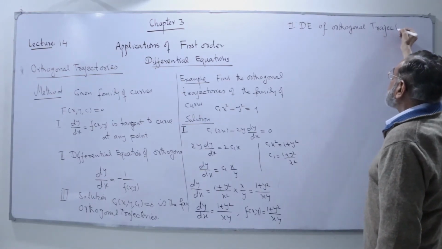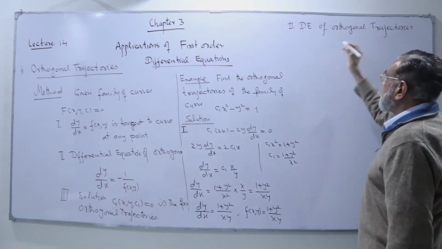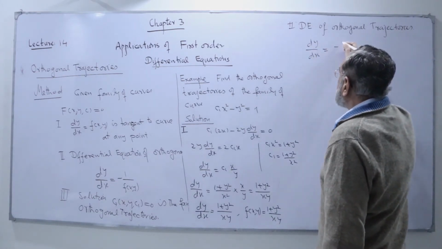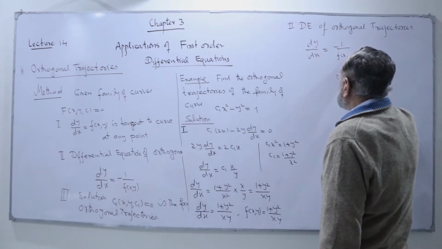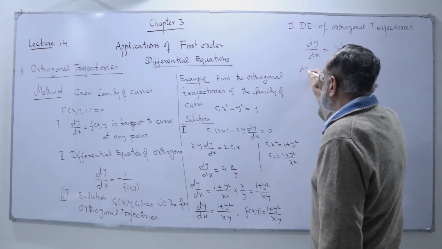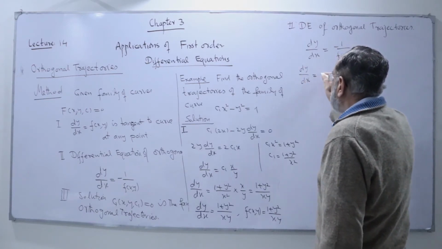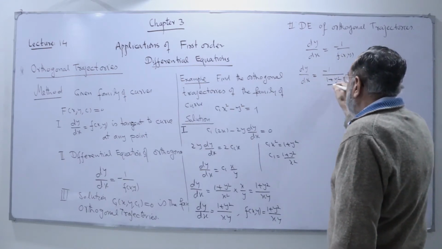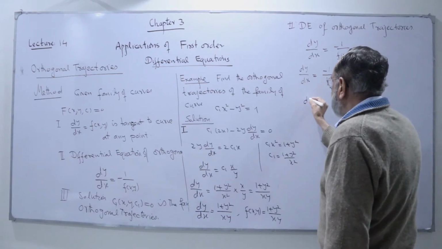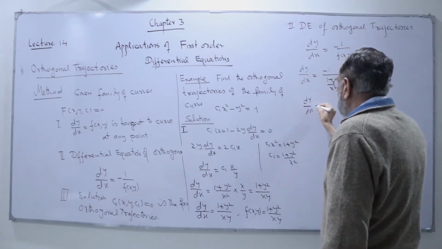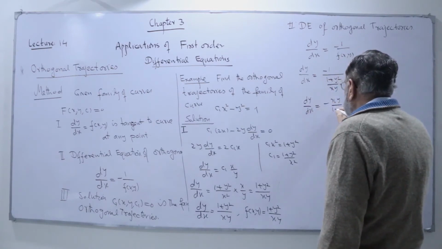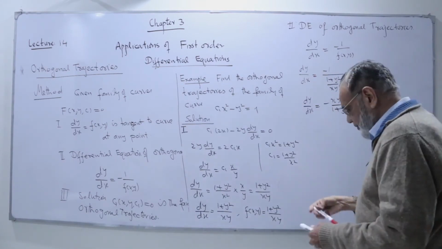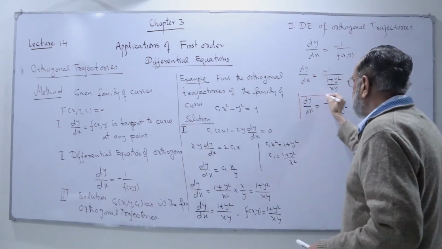This is a very important step, and we must do it carefully. We get dy/dx equal to minus 1 over f(x,y). I have identified my f(x,y) as (1 plus y square) over xy. I get dy/dx equal to minus xy over (1 plus y square). So this is my differential equation, and I need to solve it to find the equation